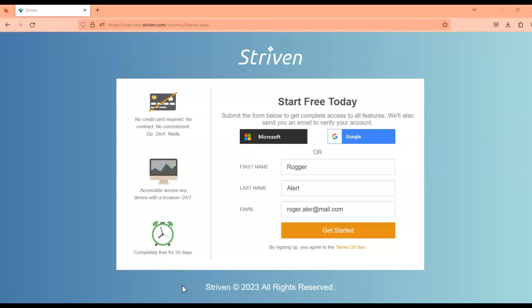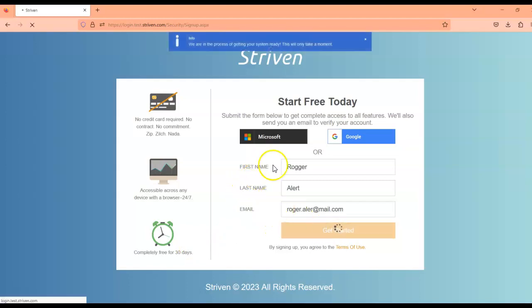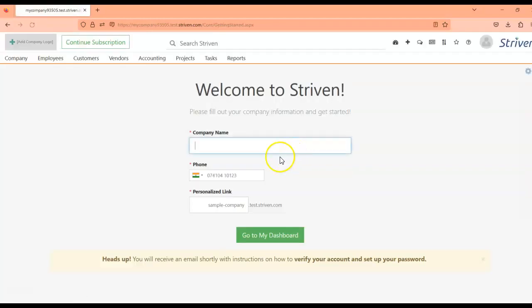Hi Eric, it seems like there is an issue with the new tenant. So when users sign up to the new tenant, the email is triggered for setting up the password. Okay, so